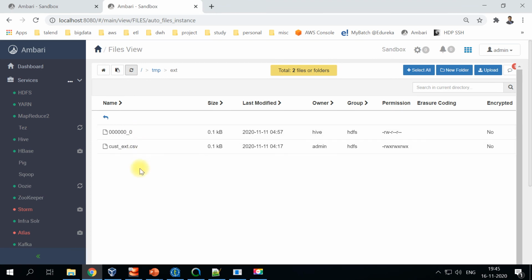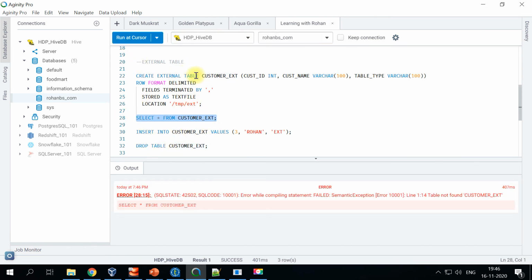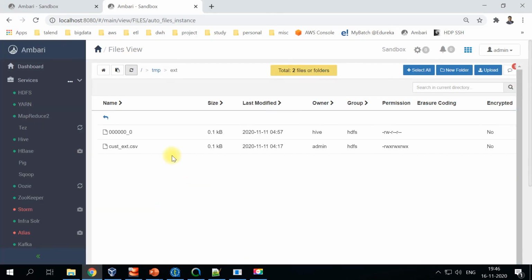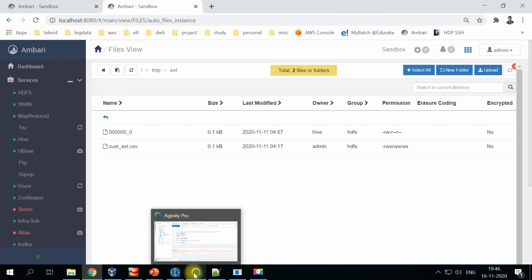So this is the reason Hive, for the managed table, takes care of the complete life cycle of the table. Whereas in an external table, even though you drop a particular table from the database, and if you query this table again, it will not work, because the structure is already dropped, right? It says table not found. So the structure is dropped, but your underlying file system still has that data file. So these are all the differences between managed tables and your external tables.